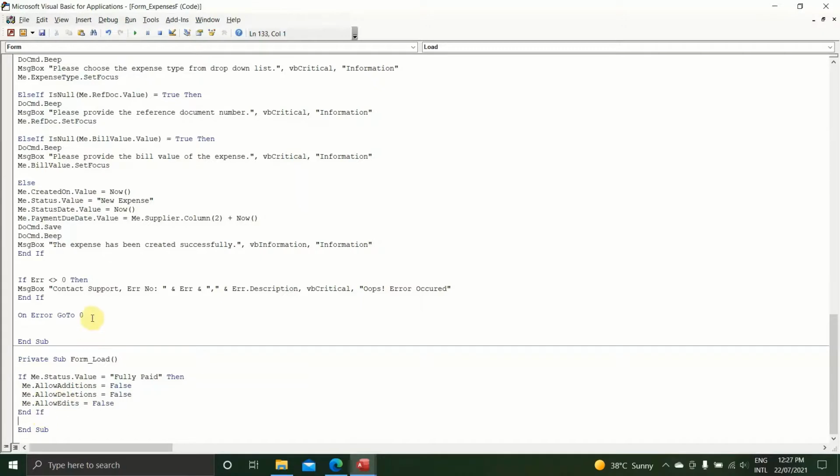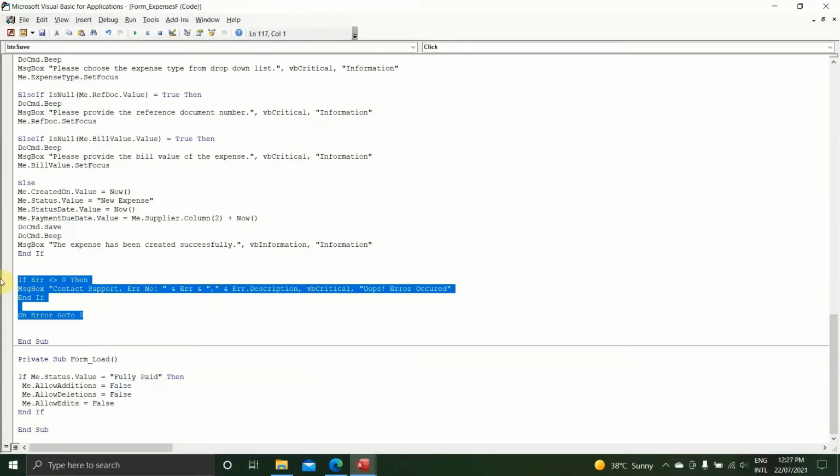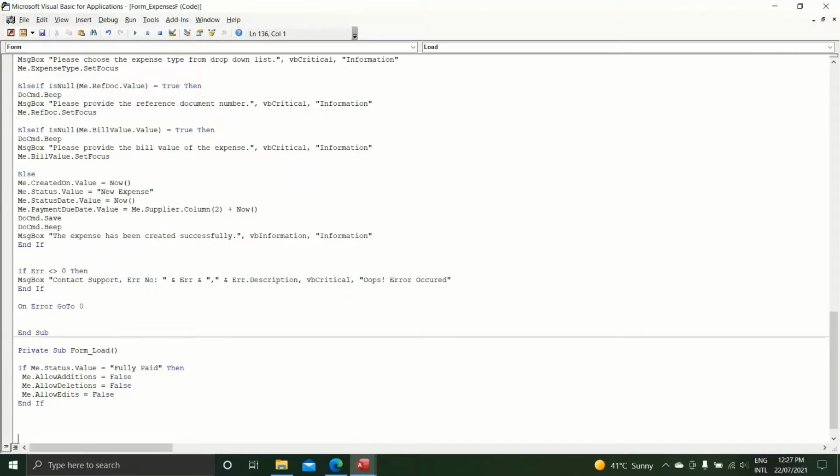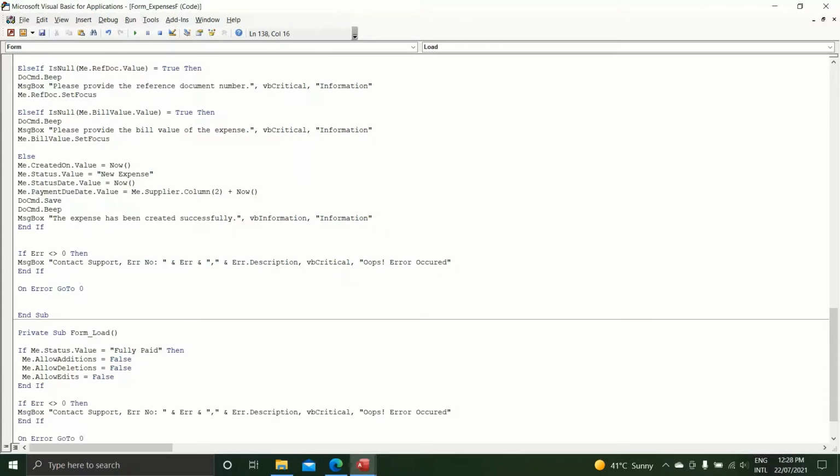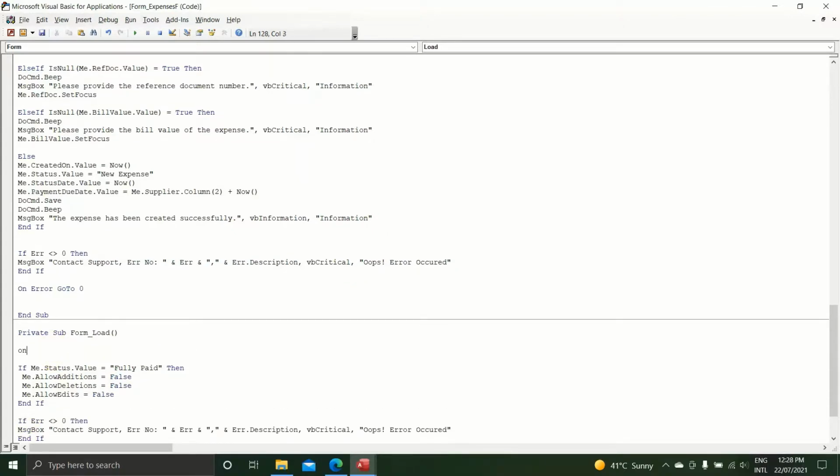And of course we want to copy the error handling. All right, so that's the coding